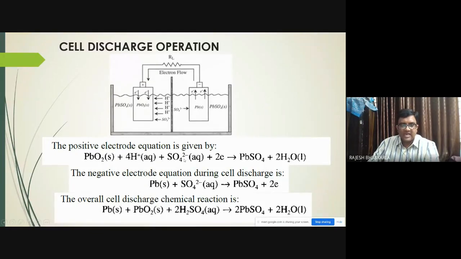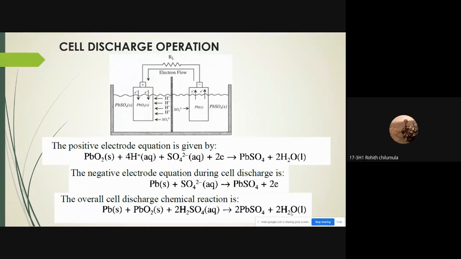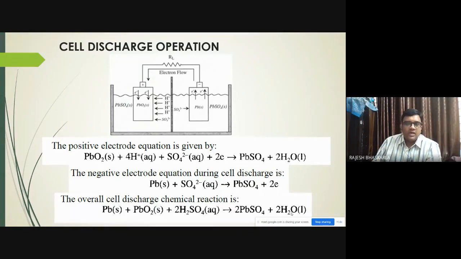What we do is we put all these on the left hand side, and all these are segregated here. So this is what happens at the end of the discharge. You can observe that lead sulfate and water are released, and you know that in a battery, with the heat, this water slowly gets evaporated. That is why we fill in distilled water. Am I clear? We fill in distilled water because this water will be evaporating. Right, so now this is the discharge cycle. Is everything clear to everyone? Yes, sir. Okay. Now at charging, what happens?